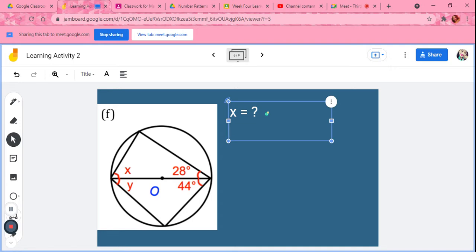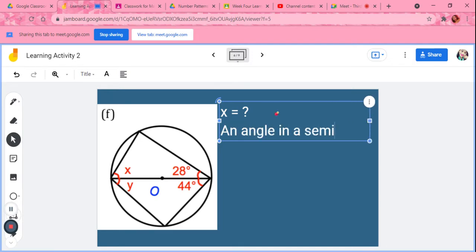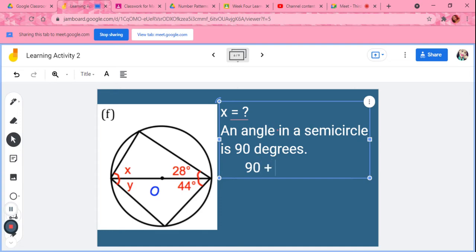So that is the first thing that I'm going to be writing: an angle in a semicircle is 90 degrees. Now, based on that information, I can have 90 degrees plus the 28 degrees,